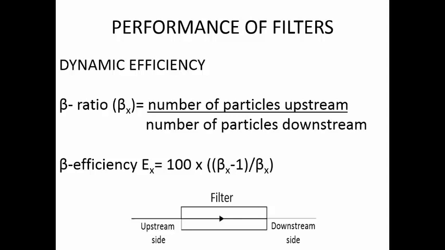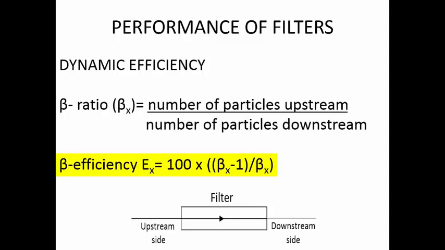Now, the question is what exactly is the efficiency of a filter? Efficiency of the filter is high when the number of particles it is able to stop is also high. So if it is able to stop more particles from passing through it, then we will say that it is a high quality filter. Now the question is what is the size of particles it can stop? That is dependent on the pores present on the filter, or how small the different pores are. Accordingly, the particle size that a filter can stop will be determined.